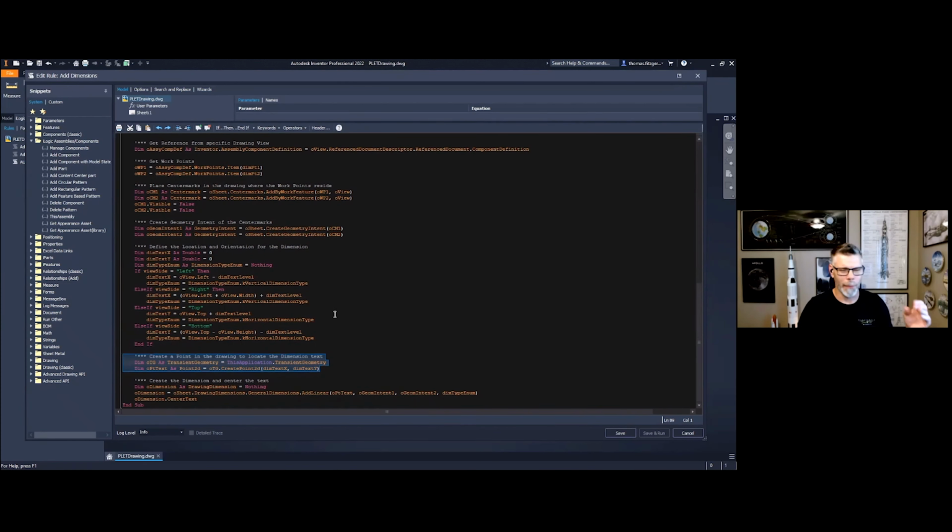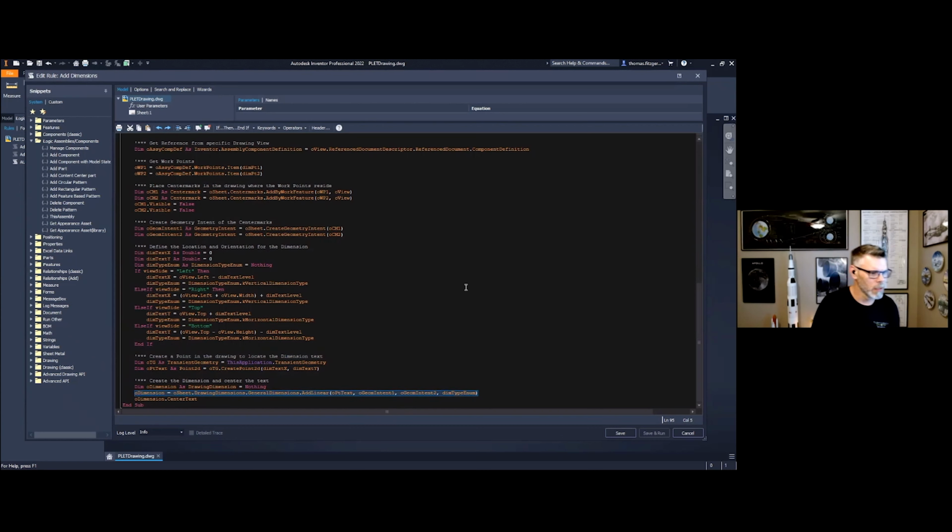I want to make sure I'm spacing them out programmatically so I don't have dimensions layered on top of one another. So I need some sort of strategy: if the first one is here, I need to offset the second one, and then the third one and the fourth one, so they don't overrun one another.